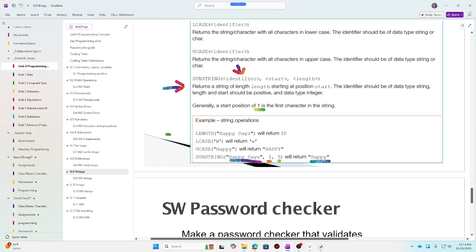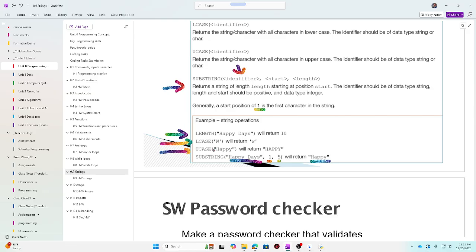For example, length. Length is a really important function. Capital length, bracket, happy days, it will tell you the number of characters. Okay, this is called a function. There's lowercase. This is a test. This is a function to make everything lowercase.